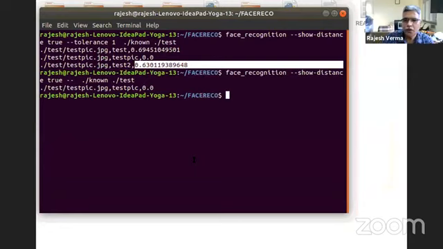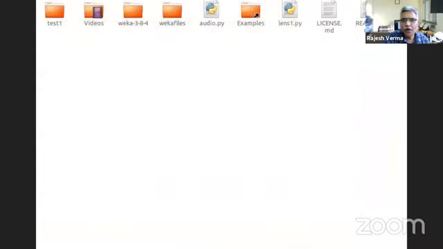So using the same strategy, that is, same source and different source distributions, and using the question image, we can find the likelihood ratio, and on the basis of that likelihood ratio, we can classify whether this image belongs to this person or not. So this is all about the facial recognition system, and this is all for today.